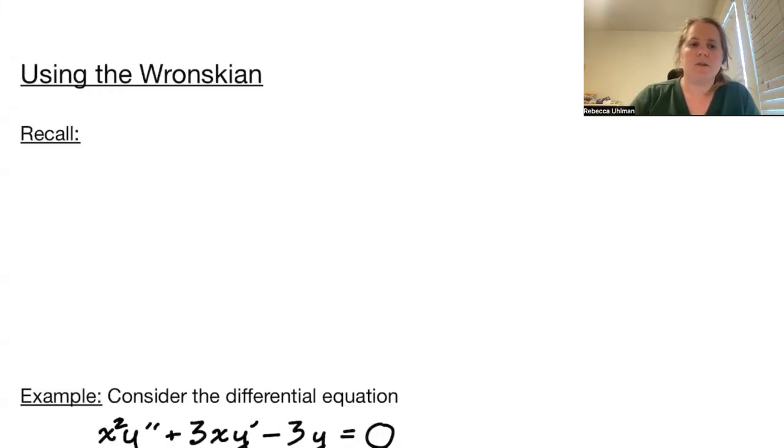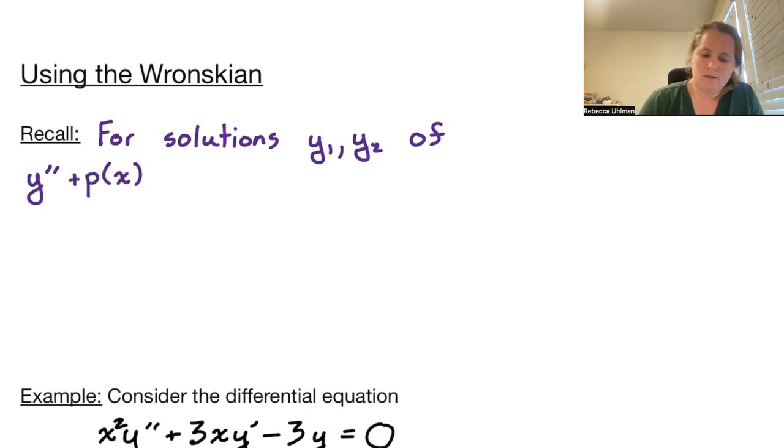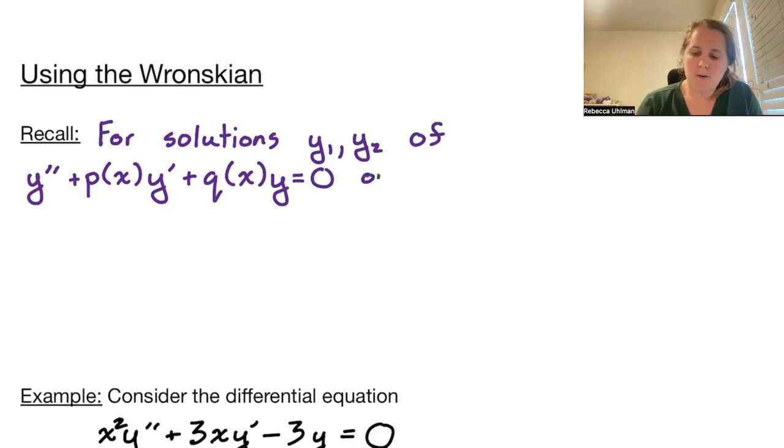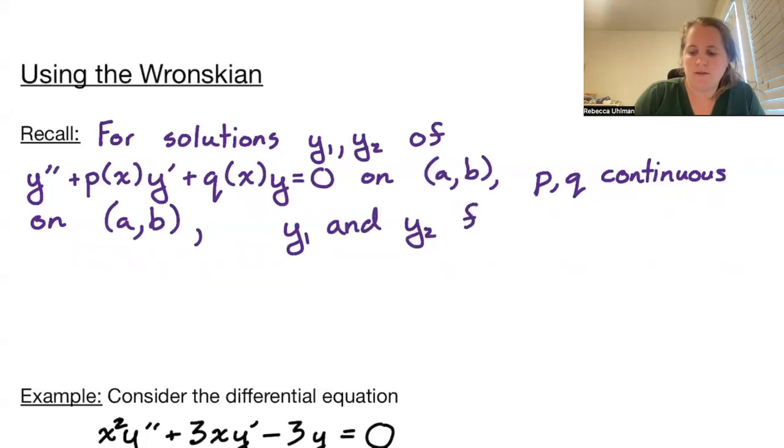Welcome to using the Wronskian. So recall, for solutions y1, y2 of y double prime plus p of x y prime plus q of x y equals 0 on open interval AB with p and q continuous on AB, that we had y1 and y2 form a fundamental set of solutions